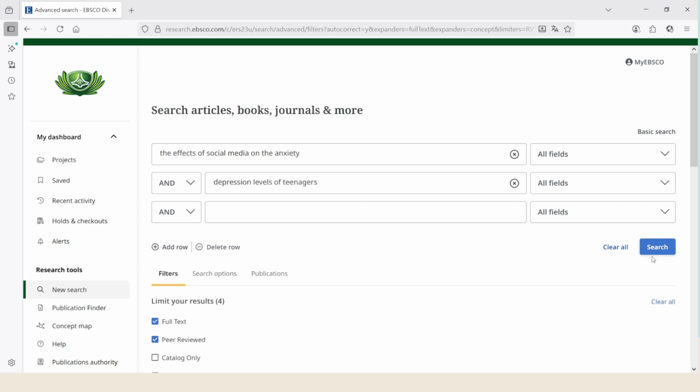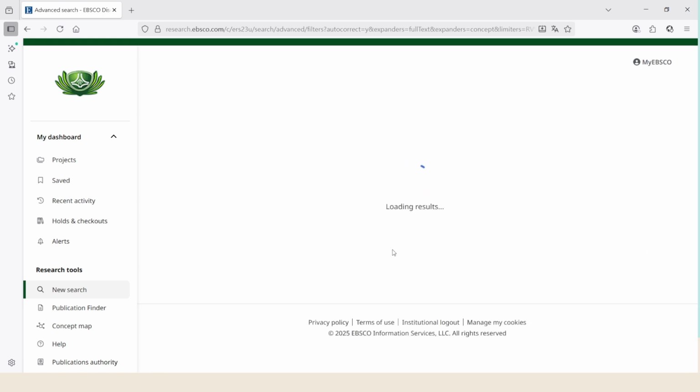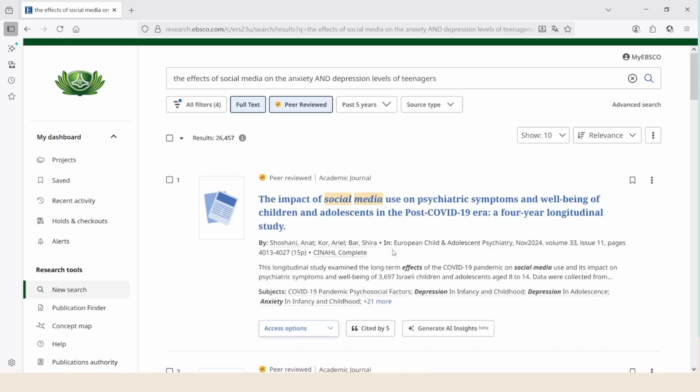Let's perform a search. As you can see, I have quite a few results here. My results are in order of relevance, but I can change that if I wish.